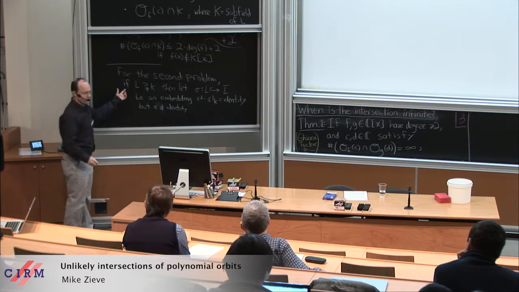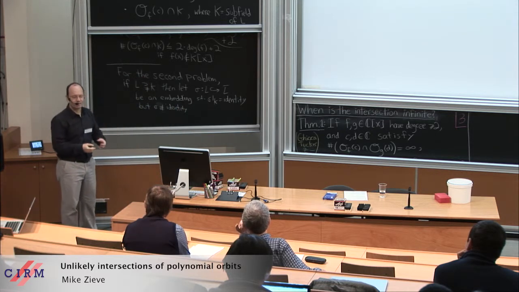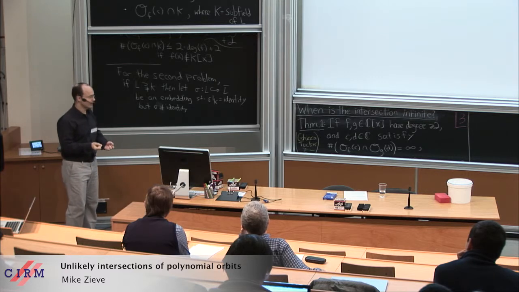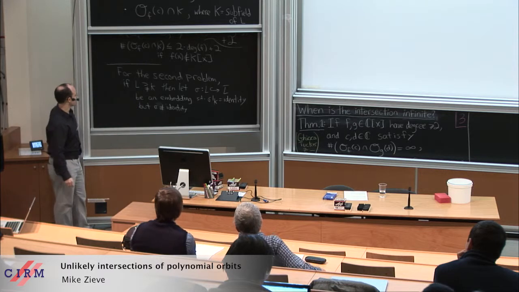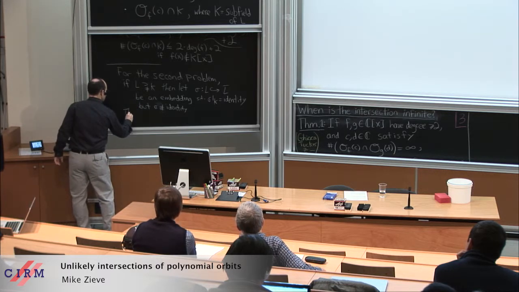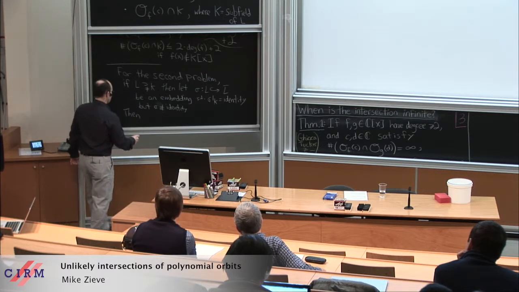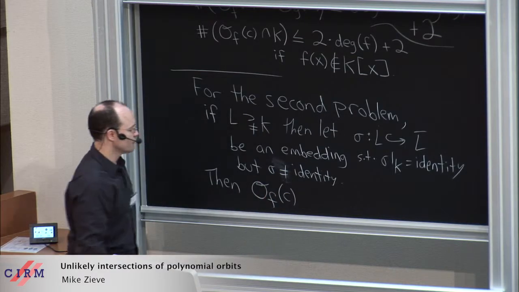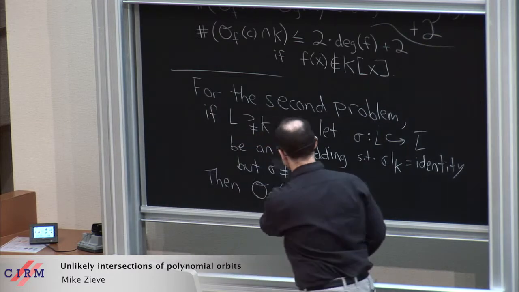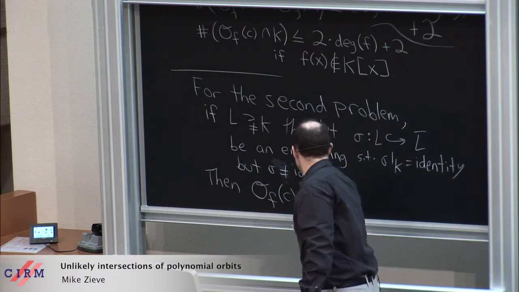Okay, so for instance, if L over K is Galois, just take any element of the Galois group that's not the identity element. And so once you've done this, then you conjugate F by sigma. Then the points in the orbit who are fixed by sigma are also in the orbit of